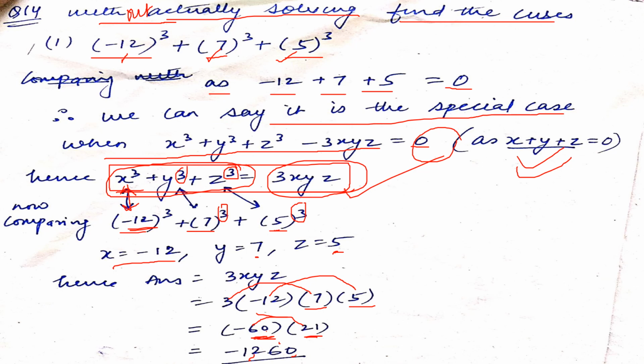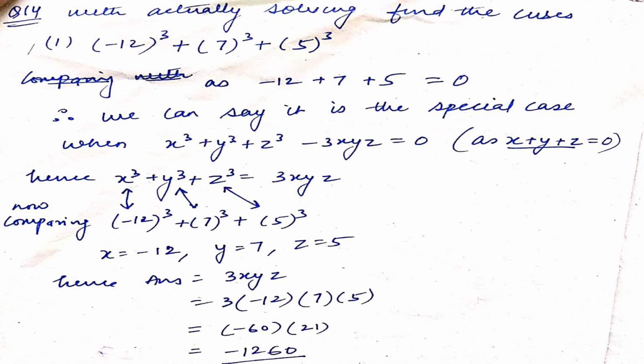But if you multiply like this, 3 12 36 and 7 5 35, 36 into 35 you can't do in your mind. So this is also a trick which many people use to solve a question easily in their mind. Okay, but in any case you will get the answer. The thing is about time.